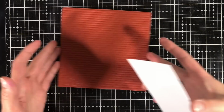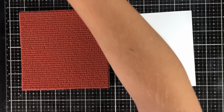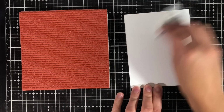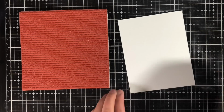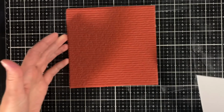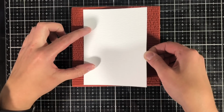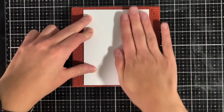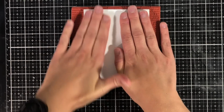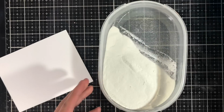Now that I've inked it up, I'm going to grab a piece of Tim Holtz watercolor distress cardstock, and I am going to use my embossing bag here just to wipe it down and get rid of any static that might be attached to my paper so that when I stamp, no stray embossing powder is going to get all over the place. So I'm laying it on top of my background here, and I'm using a fairly heavy hand to push this down onto my stamp in order to get a nice clear impression. Now at this point I can't see a whole lot of what's on my cardstock because I just stamped in clear on white,